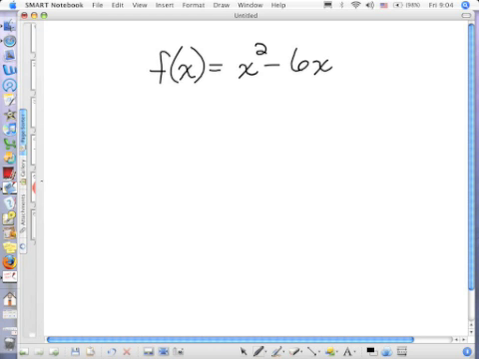A parabola only has to have an x squared. It has to have an x squared. It doesn't have to have the other two. Because remember, your standard